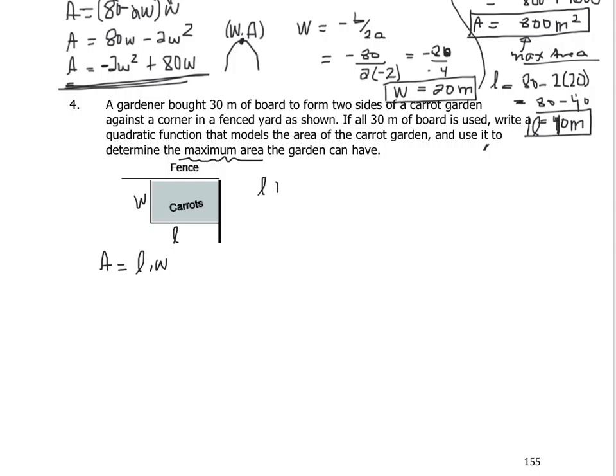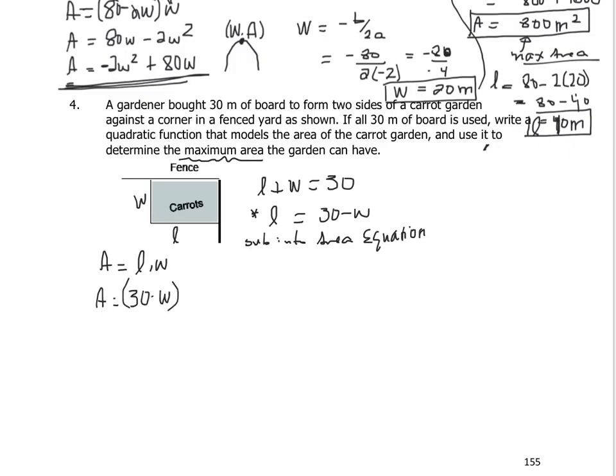And the length plus the width has to add up to 30 meters of board. So that means the length is going to be 30 minus the width. Now you could solve for the W if you want, but I'm going to solve for L. So this is our equation that we're going to sub into the area equation. So area is, instead of length times width, is going to be 30 minus width